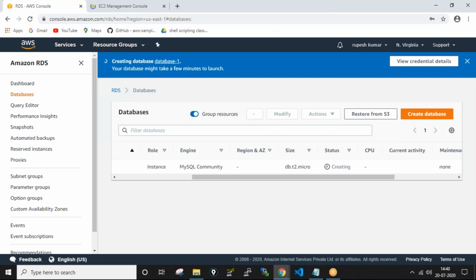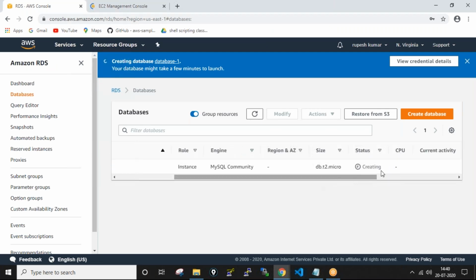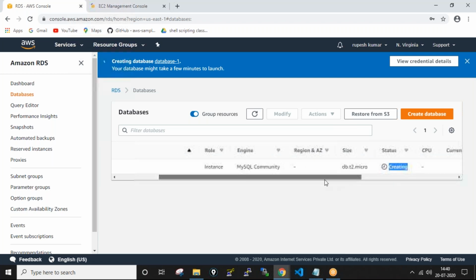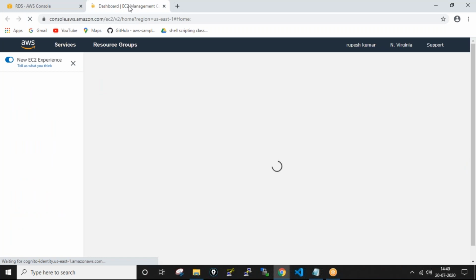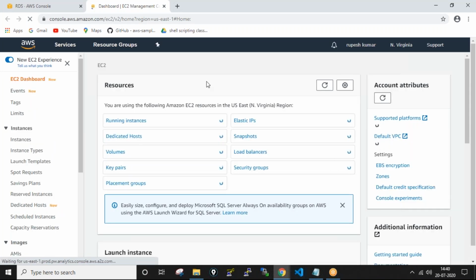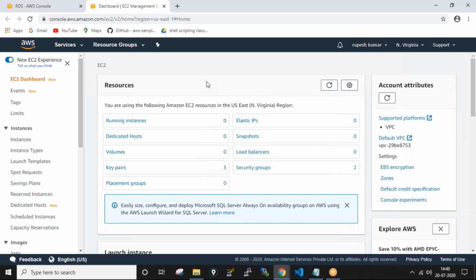So it is creating. Once the creation is done, it should be in backing up status. After that, our instance has been successfully created. Yes, I don't have any instances with me.